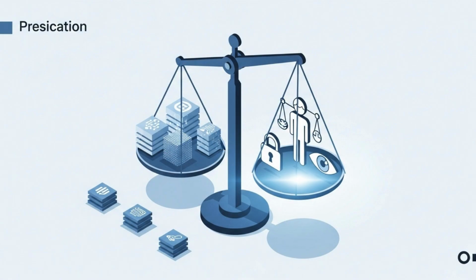As AI becomes more pervasive, it's paramount to address the ethical considerations and ensure responsible development. One critical concern is algorithmic bias, where AI models can perpetuate and even amplify existing societal biases present in their training data, leading to unfair or discriminatory outcomes. Data privacy is another significant issue, as AI often relies on vast amounts of personal data, raising questions about collection, storage, and usage. The impact on employment, with concerns about job displacement, also requires careful consideration and proactive planning.